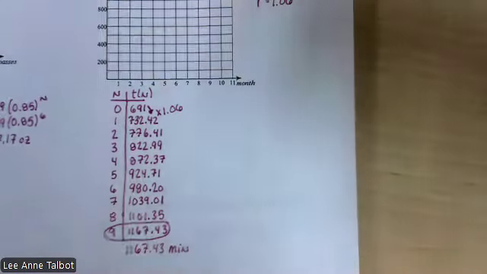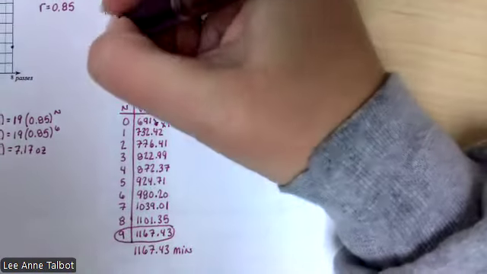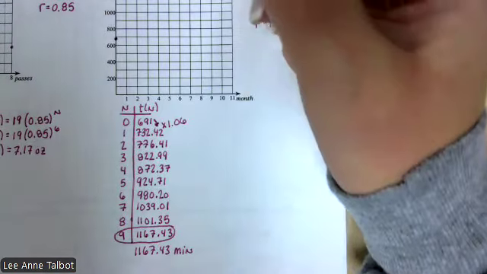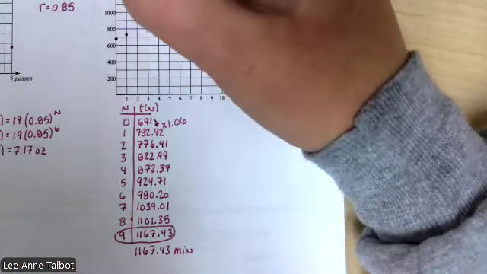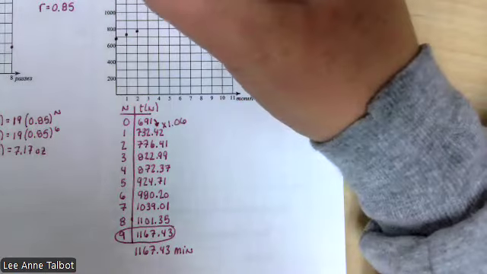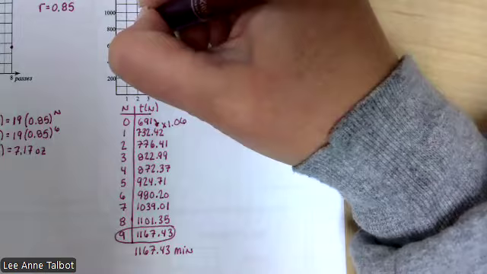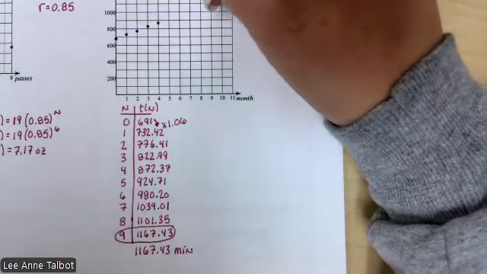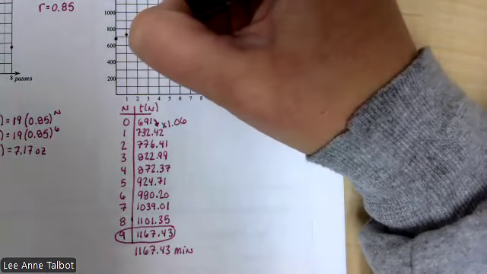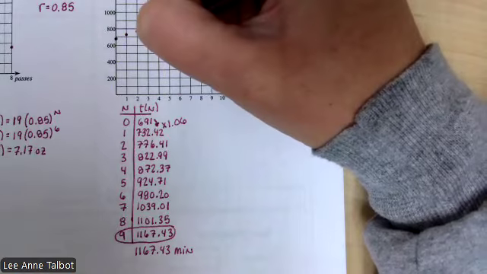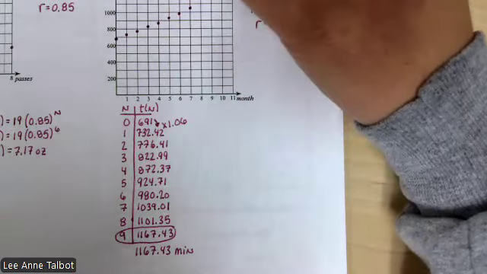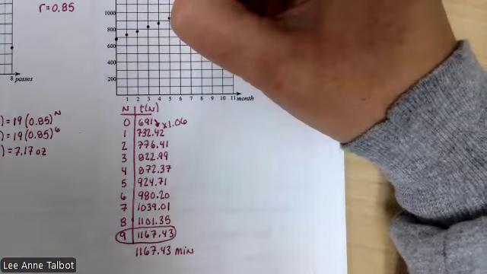Okay, I'm gonna go up and attempt to graph these dots. That's gonna be the hardest part of this whole problem, I think. Okay, so that's 700, so 691 is gonna be right under the 700. 732, 776, 822, 872, 924, 980, 1039, 1100,